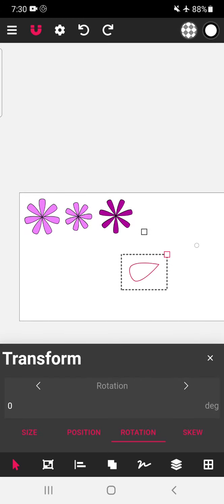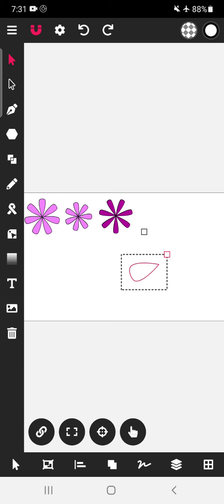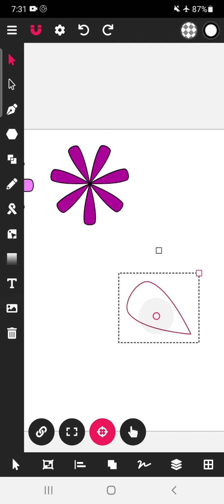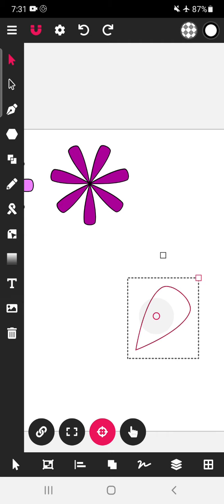So it will be rotated 45 degrees. By default, the axis of rotation, the point around which the object is rotating, is at the center of that particular object. Click here to see that center. So this is the center of rotation. Around this point the objects are rotating.